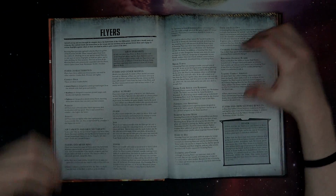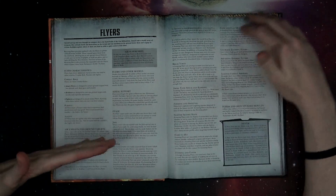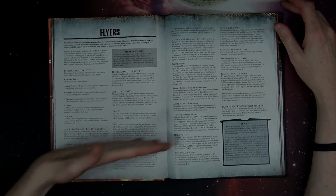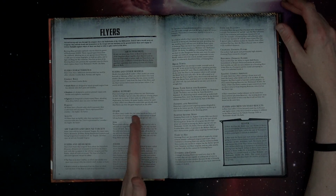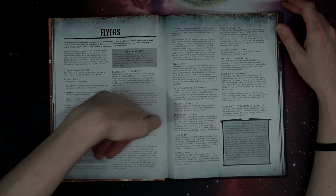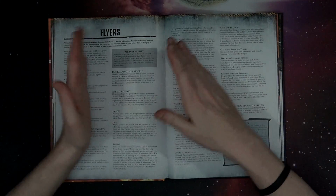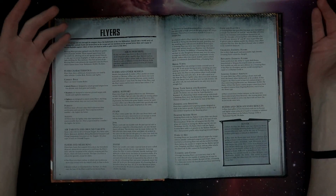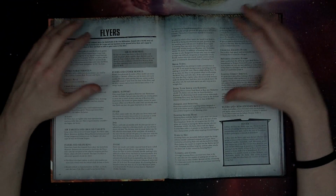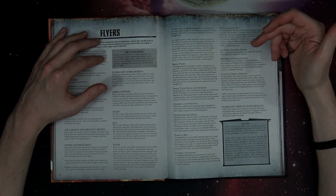So basically, when you bring on your flyer, you have to go in a straight line, and you can kind of choose the vector. Sometimes people come in shallow at their board edge, and they come across like this, or they come in tight like this, and they're going to weave their way around the table in like 4 turns or so, because you can only make one 90-degree turn at the start of your movement. Well, now this is saying that at any point,